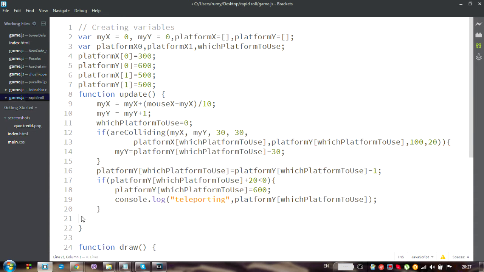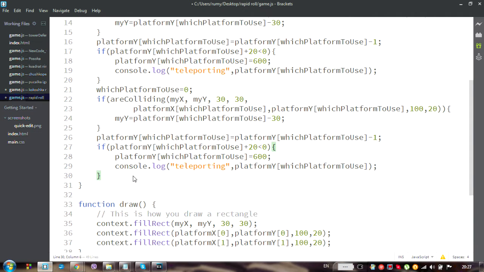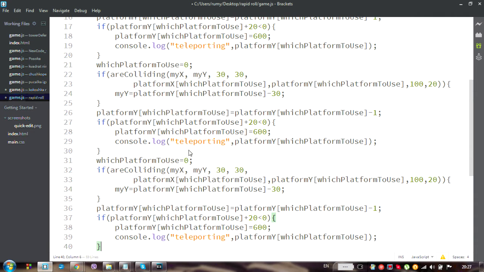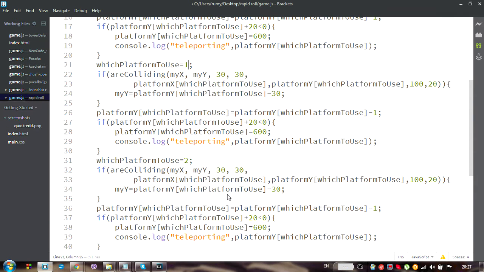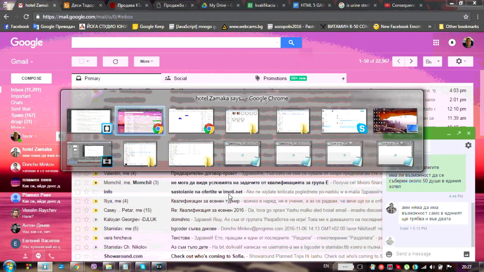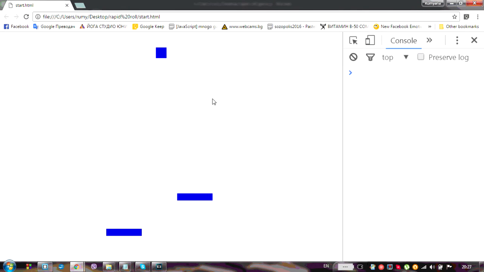because we can now copy and paste this code even 3 times, and I will make this code be executed not only for platform 1 and 0 but also for platform 2. And I hope I will be able to see 3 platforms. Is this a stupid hope from me? Of course this is stupid because